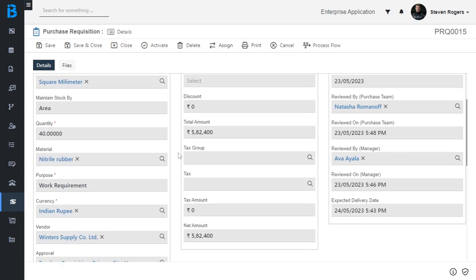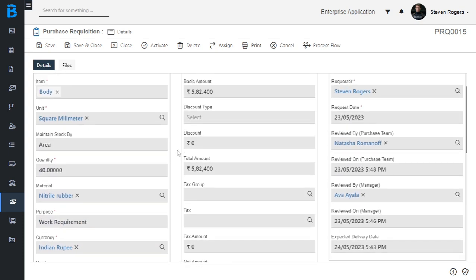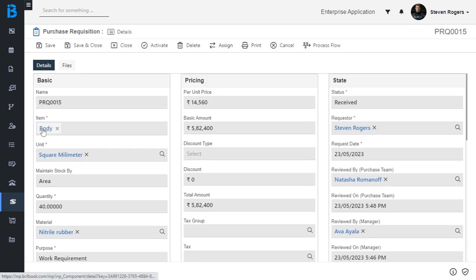Now check the item stock. For that, click on the hyperlink present in items field.